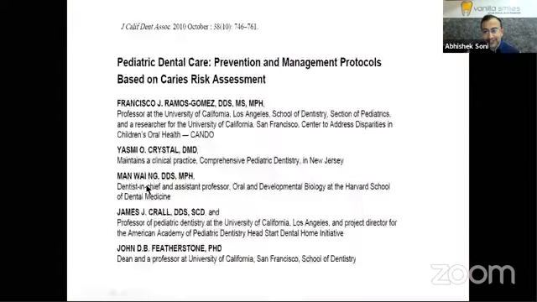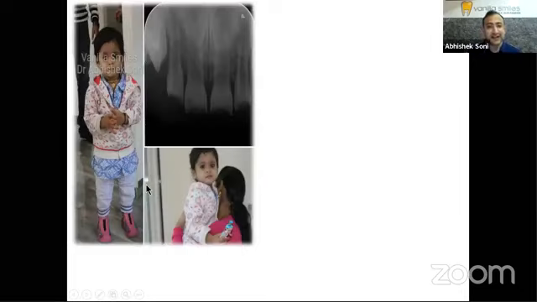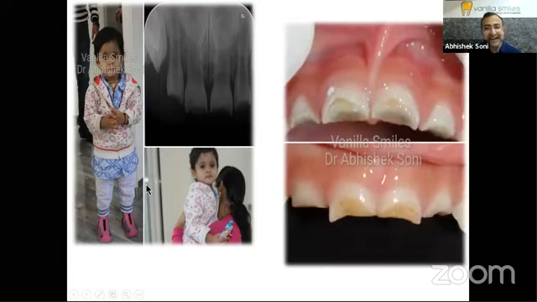So let's look at a clinical scenario, which was a high caries risk and a non-compliant child. This was a child who came to us at the age of 18 months. You can see the root canal thickness, that is the dentinal wall thickness, there is hardly any secondary dentine deposition. You see active decay over here. You see a lot of white patches. What we did over here was we took care of the risk factors. We stopped the bottle feed that the parents were doing for the child at night. The ad libitum breastfeeding was also taken care of.